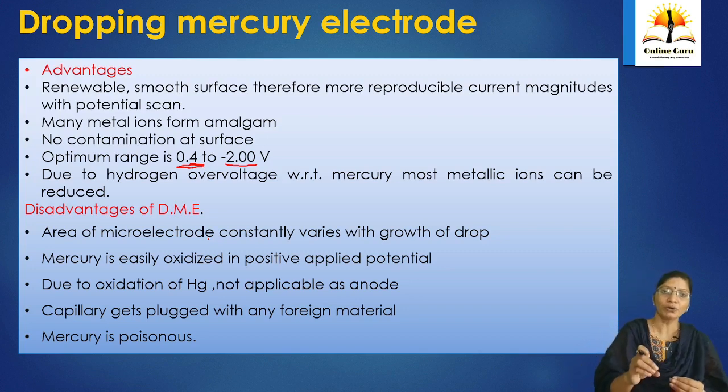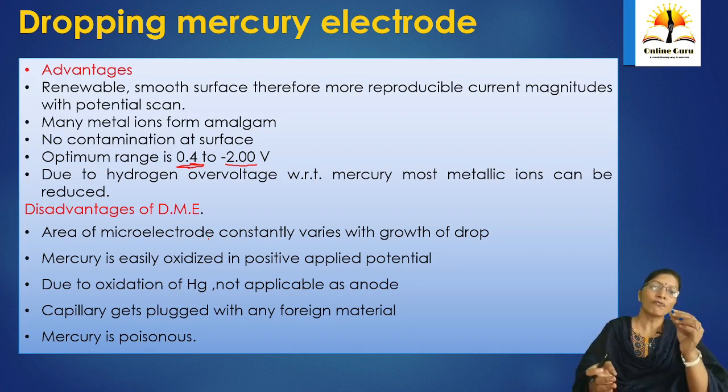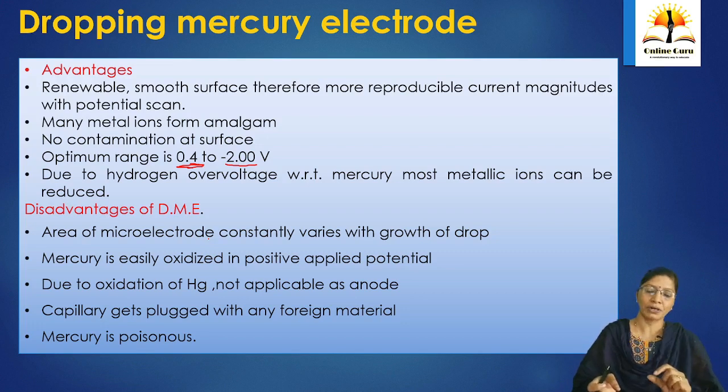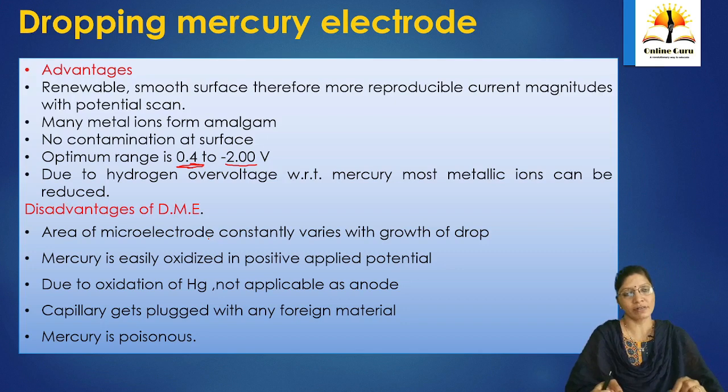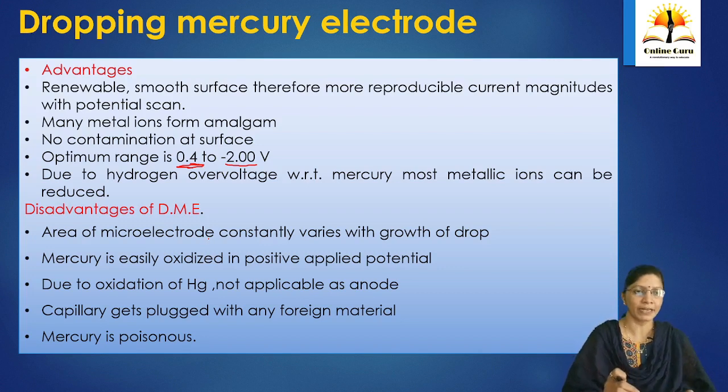So the dropping mercury electrode limits its application to a certain concentration range. Below that, it is not sensitive. Why is it not sensitive? Because the formation and detachment of the drop of mercury produces noise in the current. So the baseline will be formed with some variation in current. Current grows as the size grows, and current becomes zero as the detachment of the drop takes place.